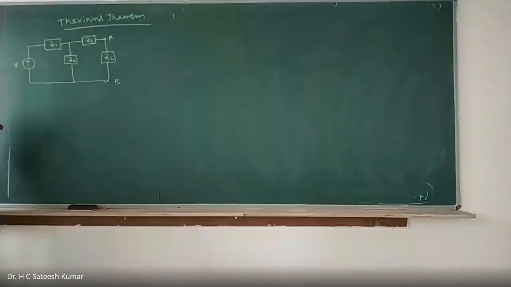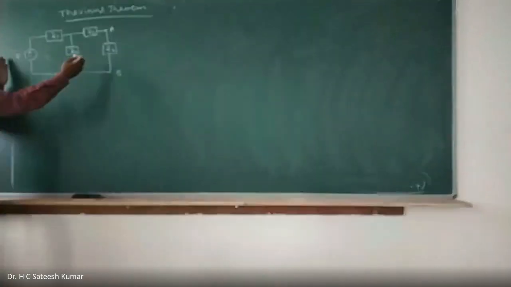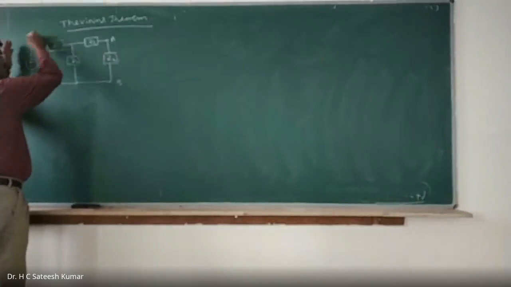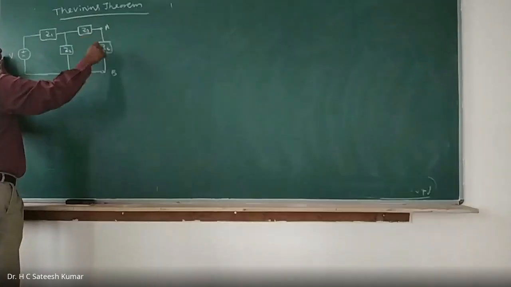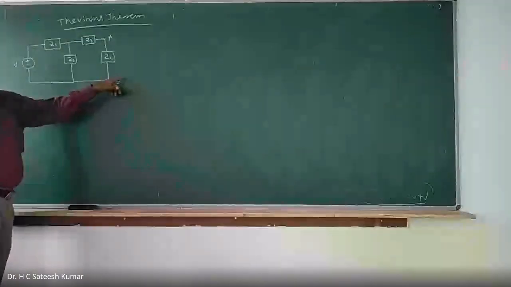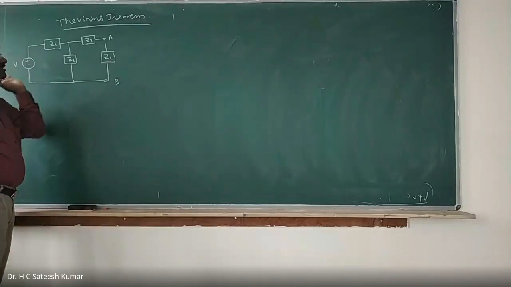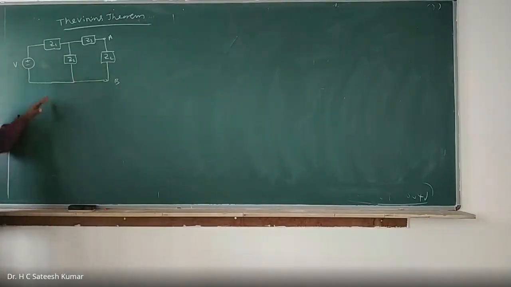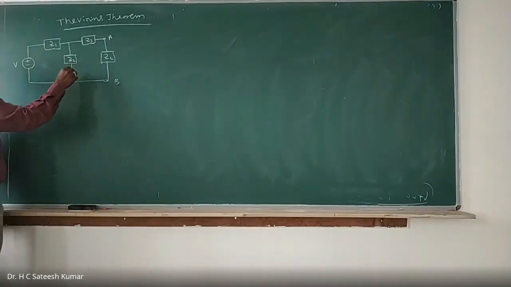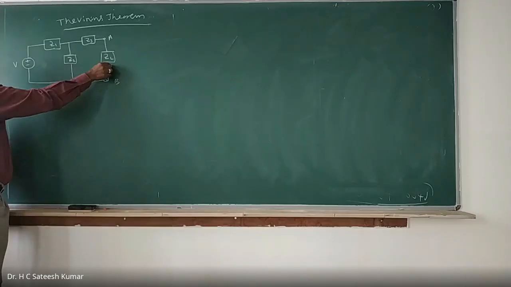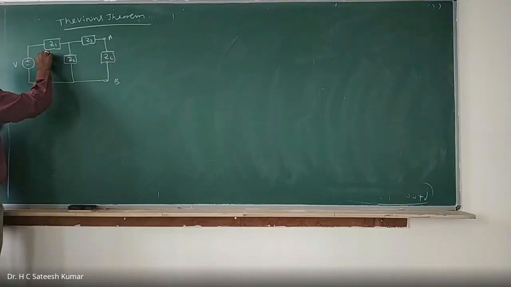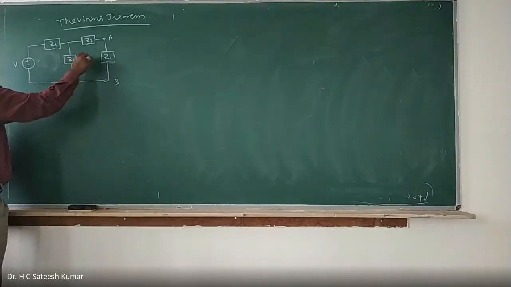Now, I want to replace this complicated load terminal. This is a complicated circuit, and this complicated circuit can be replaced by a voltage source in series with an impedance, right? How exactly can we do it? Let us consider this circuit. Now, first what you should do is find the current flowing to this one. Current flowing we will find by KVL only. So you can go for this one, or you can find out this current. I call it as IL.